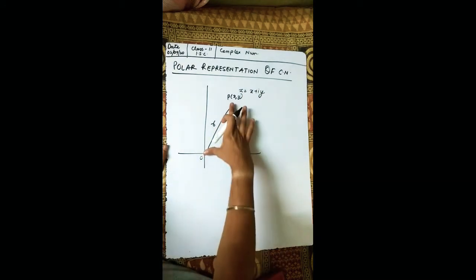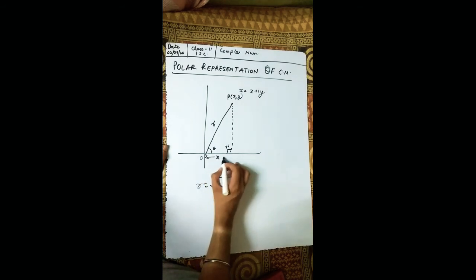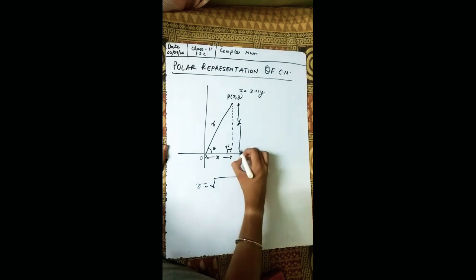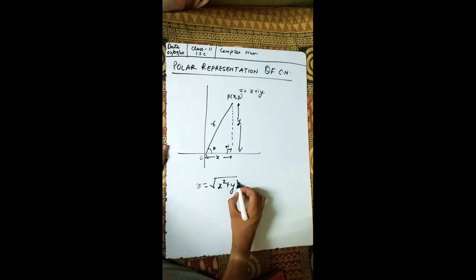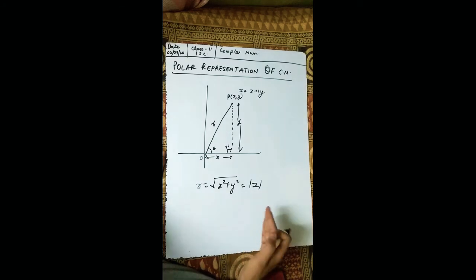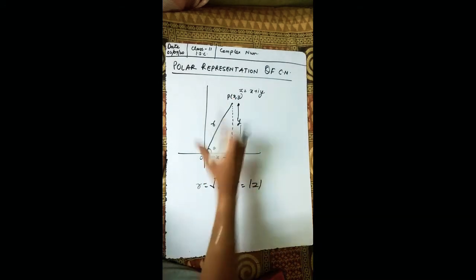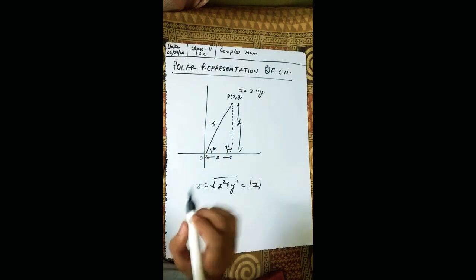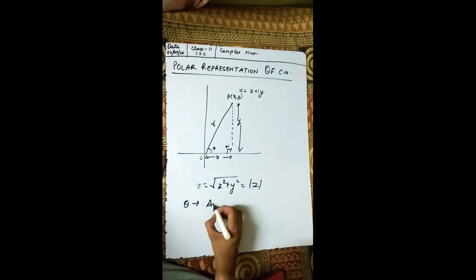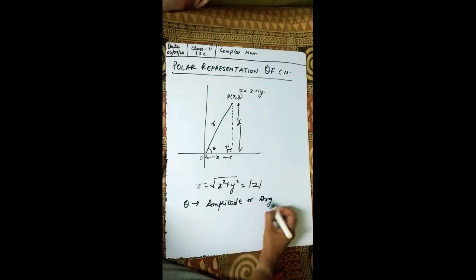So can you tell me what will be r? r will be under root of, if this is x and this is y, then it will be under root of x square plus y square by Pythagoras theorem, which is nothing but the modulus of your z. Okay, so from here we understand that modulus of z gives under root of x square plus y square, which is r, and also with this we can find this theta, and this theta is called the amplitude or argument